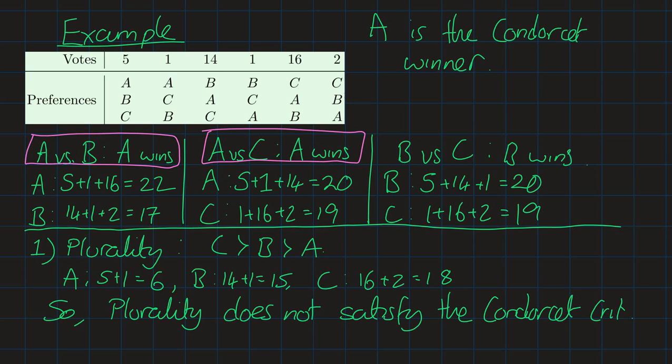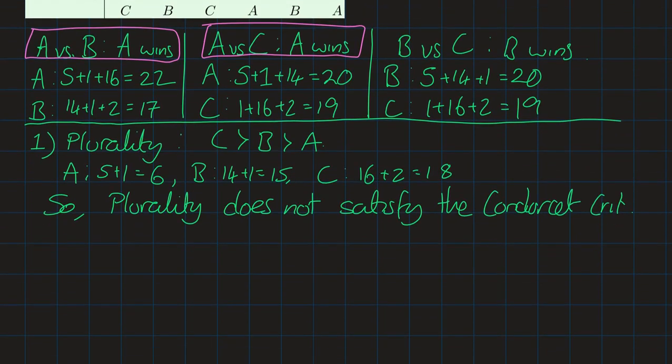Okay? Because there is a Condorcet winner. The Condorcet winner is A, but plurality still chooses to elect C. So that means the plurality voting system does not satisfy the Condorcet criteria. Okay? And in general, it's desirable for a voting system to satisfy the Condorcet criteria, because you sort